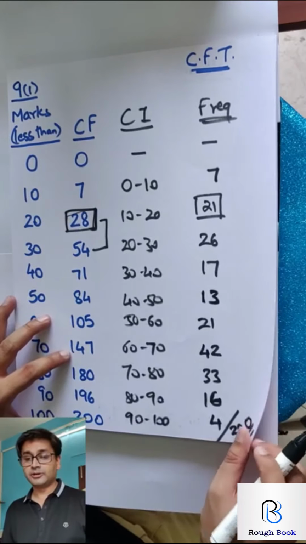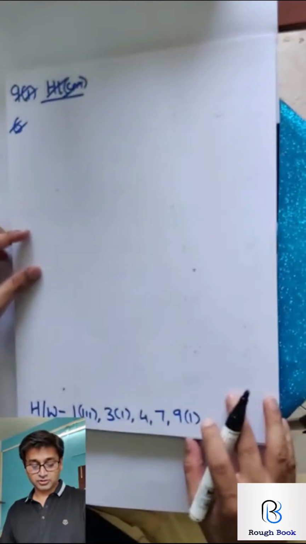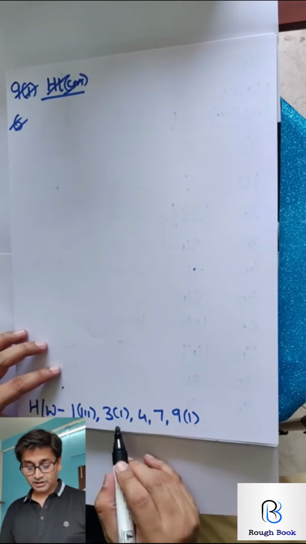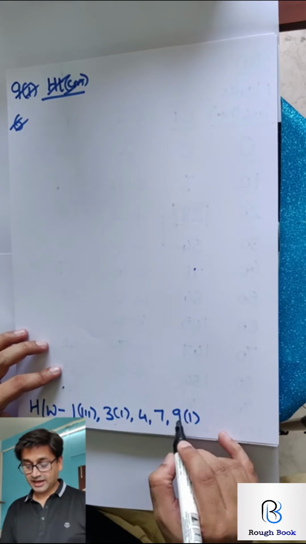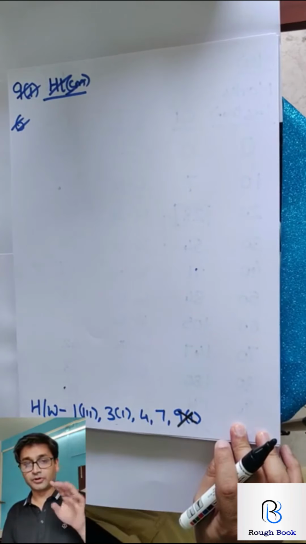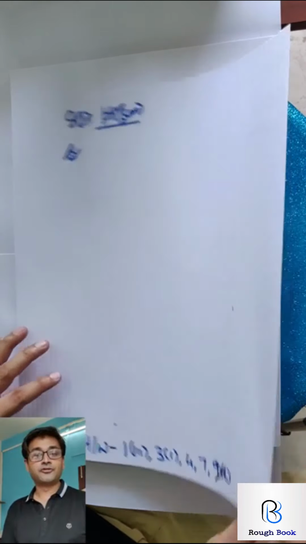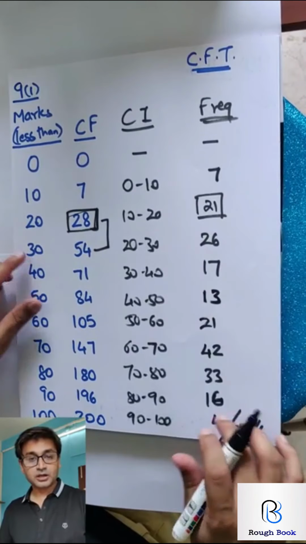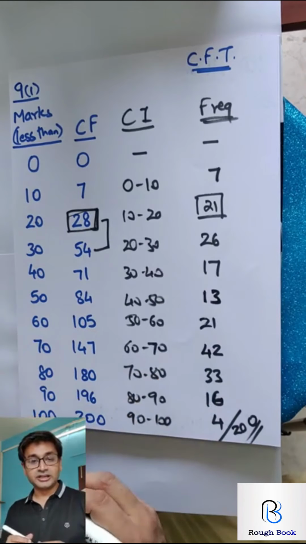Alright. For your homework, I want you to try these sums: 1 part 1, 3 part 1, 4, 7. 9 part 1 we just did, so you don't need to do it. So only 4 sums I want you to do for your homework. Is that very clear? I hope you followed everything that we did today. Okay, and you do practice on a daily basis.